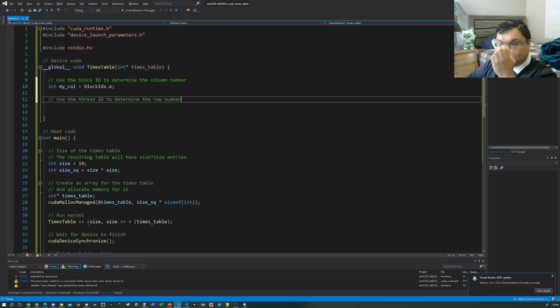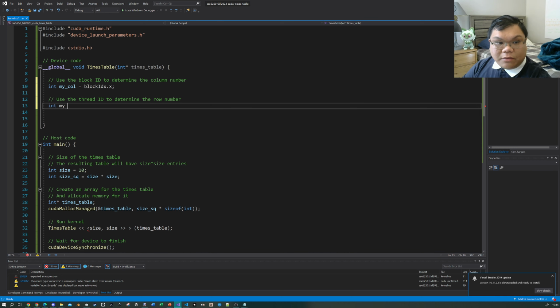But maybe it doesn't matter because it's a square multiplication table, and we can just mirror it along the diagonal. So whether we mix up the columns and rows doesn't really matter. So I'm just going to truck along anyway. So int my row equals